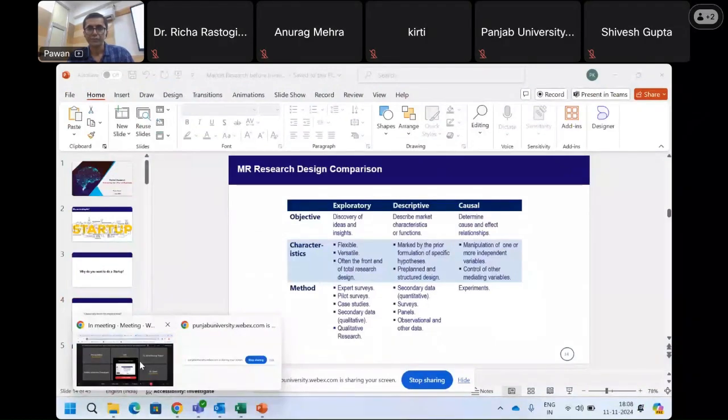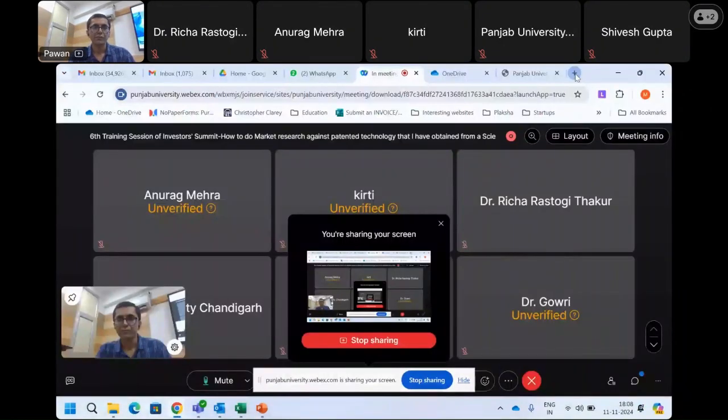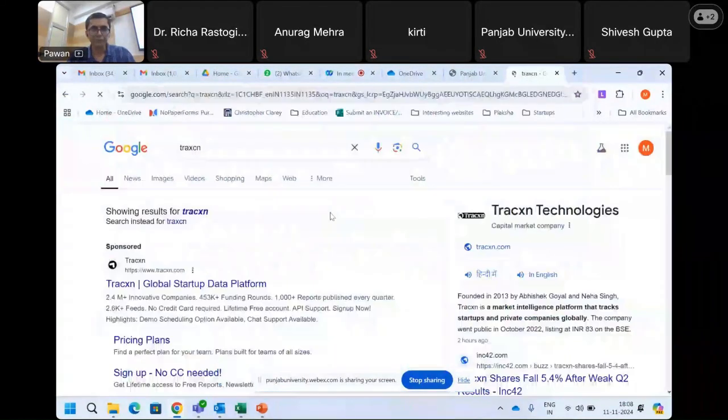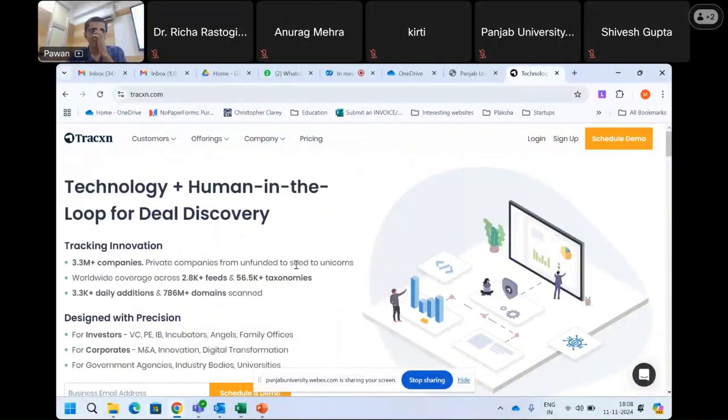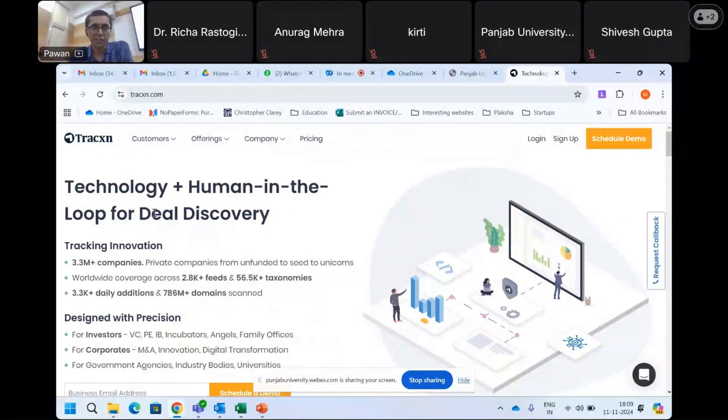Earlier I've covered lots of magazines that have lists of companies in a particular industry, then the common problems and everything. So for example, this is a market research company which publishes a lot of reports on the startup ecosystem. You go to this company, and there are a lot of paid reports and a lot of free reports. If you're interested in edtech, education, you can download their report and see. They would have listed a lot of companies in that.